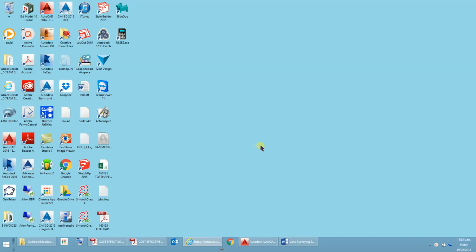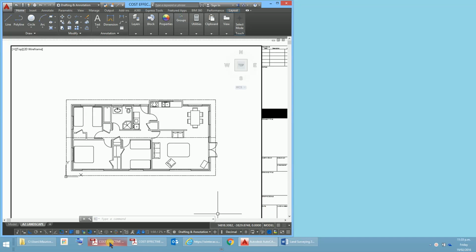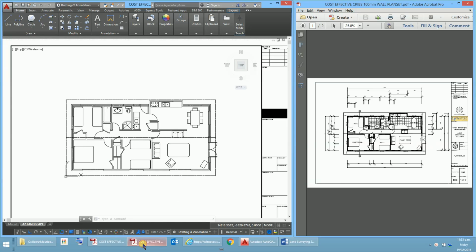Hello, Mario! In this video, I'm going to take a look at doing the dimensions. Now, there are set ways that people have of doing dimensions, and we're going to have a look at that in this particular video. I'm going to put up here, not that plan there, but this one here,